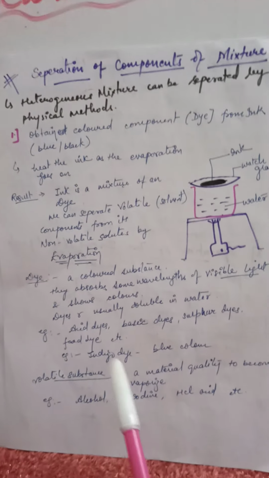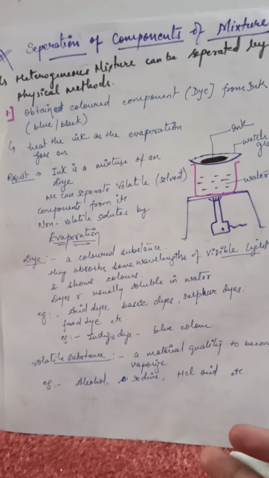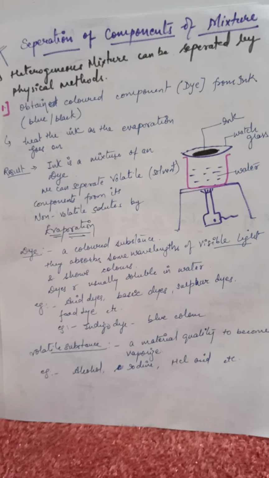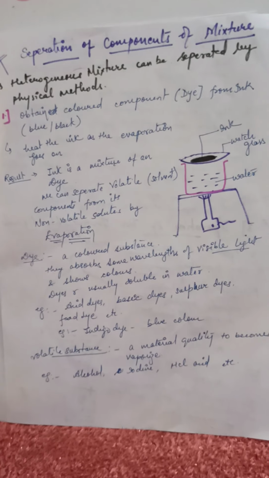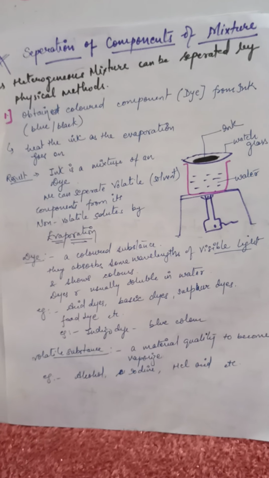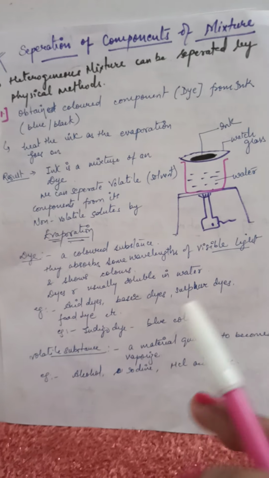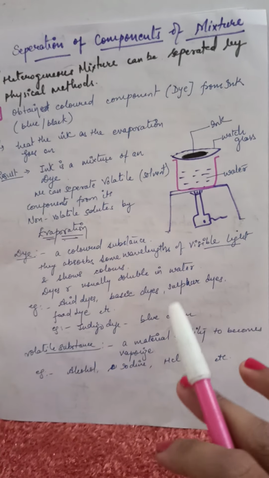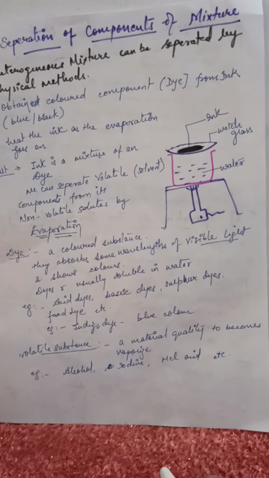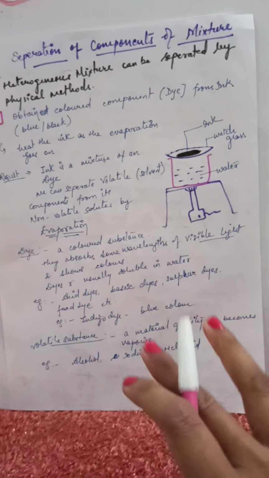Now what is dye? Dye is actually a colored substance which is used to color substances. We have food dye, food color dye, synthetic dye, so many dyes. For example, haldi, turmeric, is a natural dye. The pigments, the color of flowers, are natural dyes, right? Dye is a colored substance. They absorb wavelengths of visible light. I hope you know what visible light is. Visible light is a spectrum band from 400 nanometer to 700 nanometer through which we can see things, and which forms the rainbow. It contains 7 colors of the rainbow.